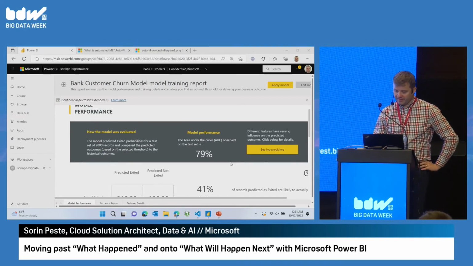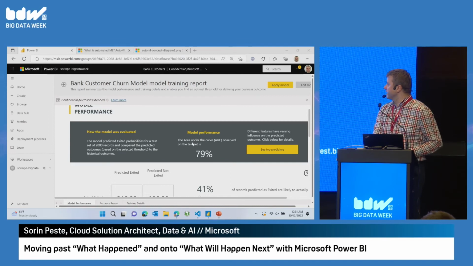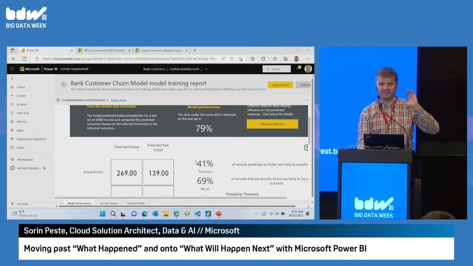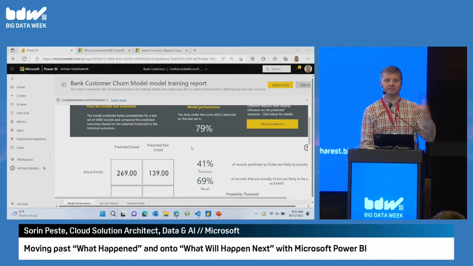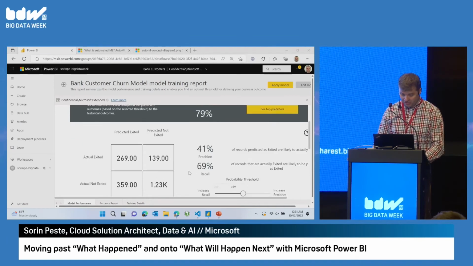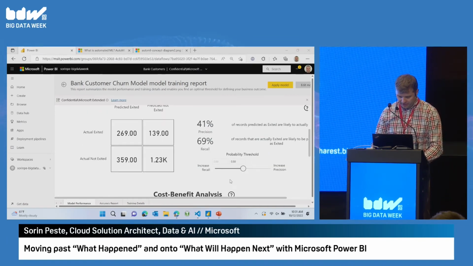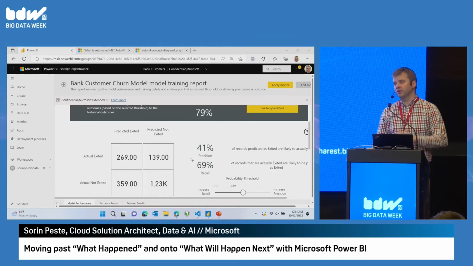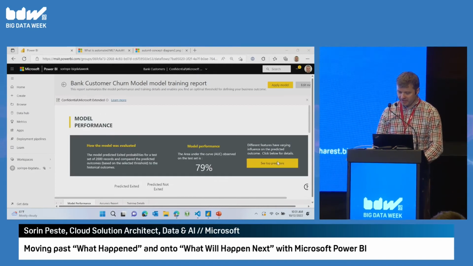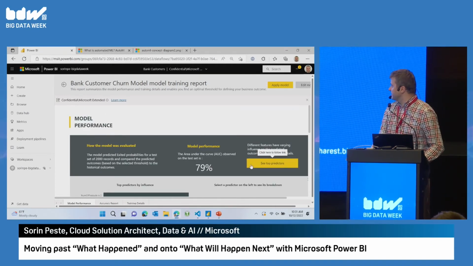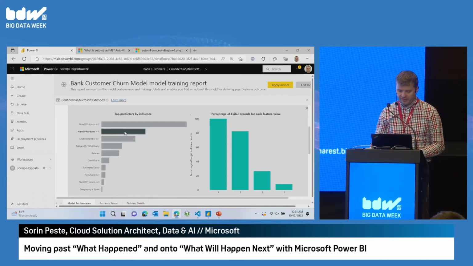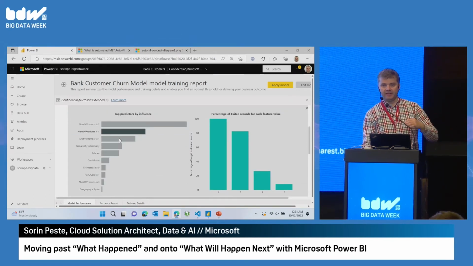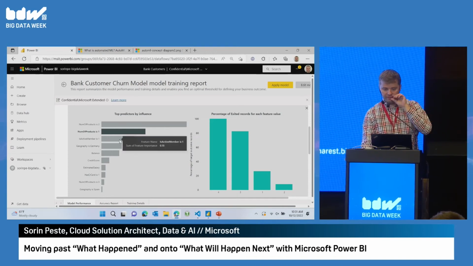Okay, so like I said, there is some data science stuff here, like area under the curve and so on, the test set. I'm not going to get into the data science methodology of splitting your data, training on some data, testing on the other, and so on. It's all there. I also have a probability threshold. There's also what's called the confusion matrix. The main idea here is that you can see what the model has identified as the top predictors and their influence in the final outcome of each individual prediction.